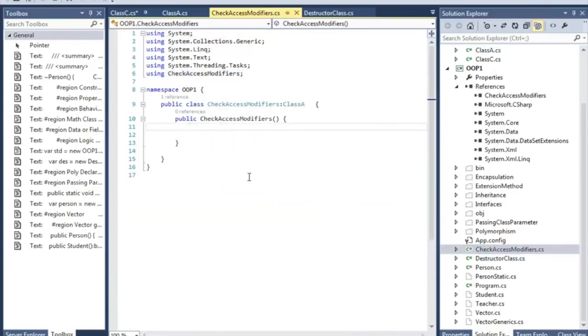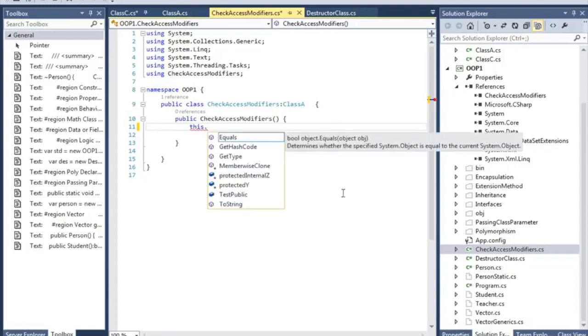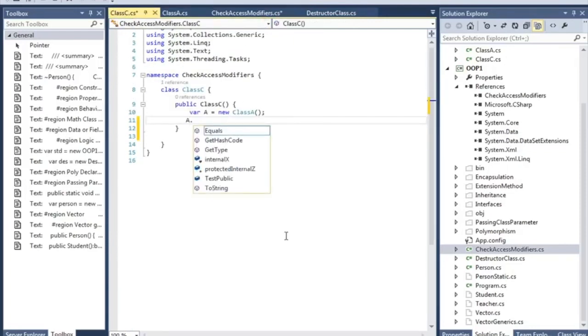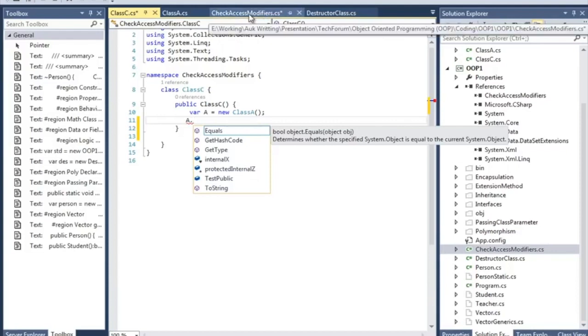What I did is inherit the check access modifier from class A. So if I write this dot, you can see that I can access the protected internal because I have inherited it, and I can also access the protected Y. But the protected Y, if you remember, cannot be accessed from inside the project or the assembly without being derived, but the protected internal can be accessed. So that's the difference between protected and protected internal.